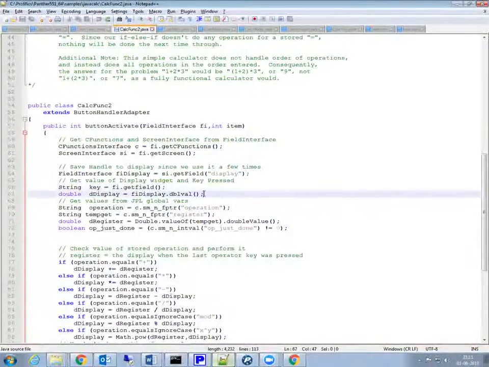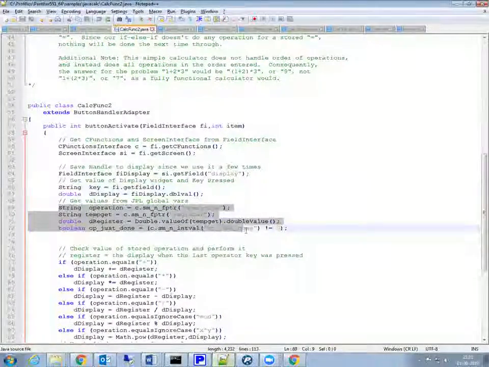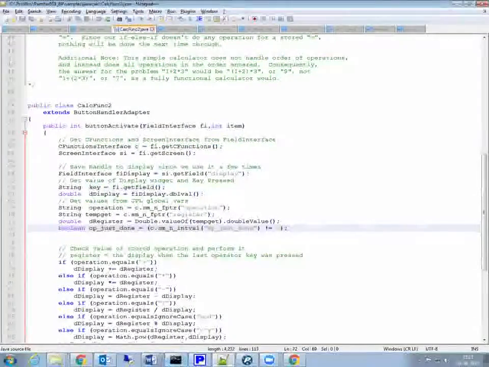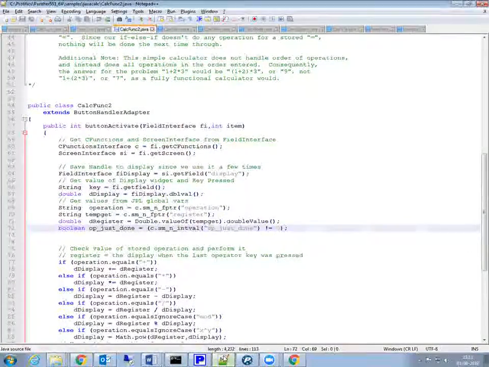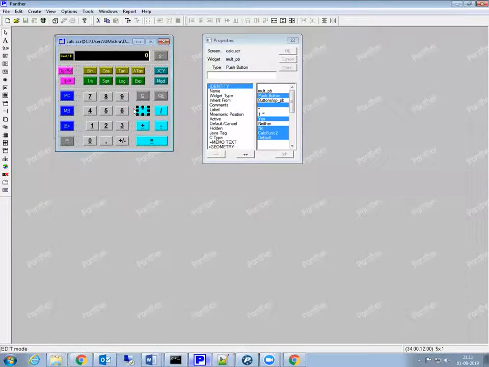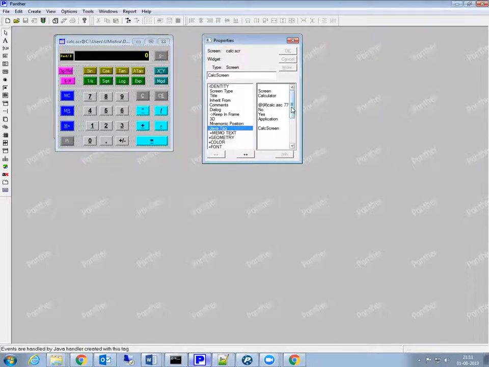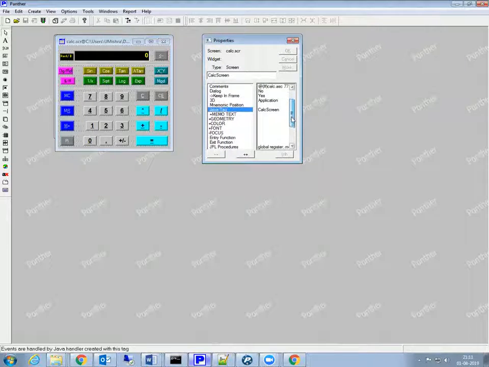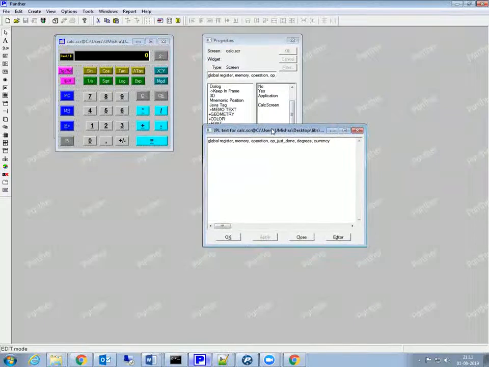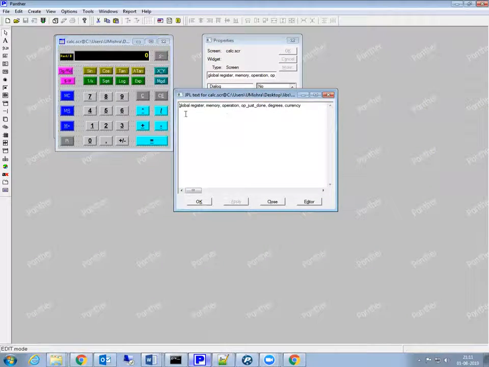Here some global variables are also used, and all the global variables used in that class are always declared in the JPL procedure of that particular screen. As I double click on my screen and scroll down, and click on the JPL procedure property of that particular screen, a dialog box opens, and here you can see that